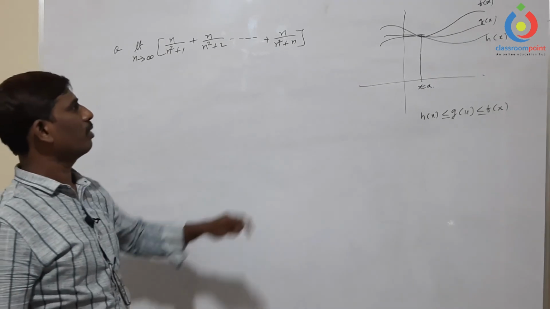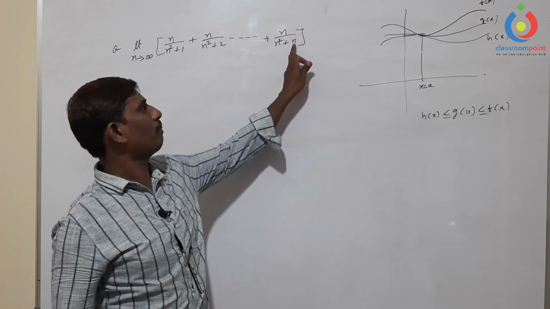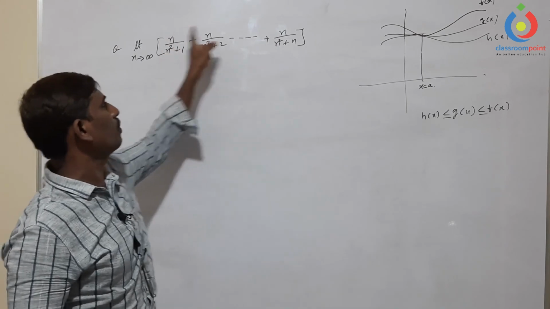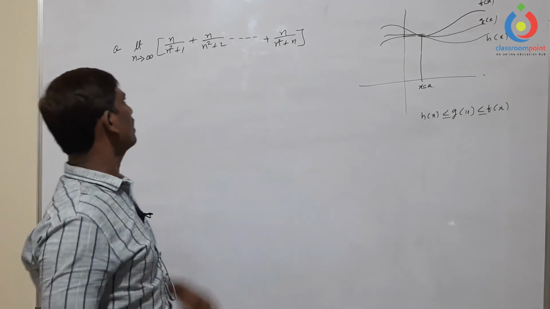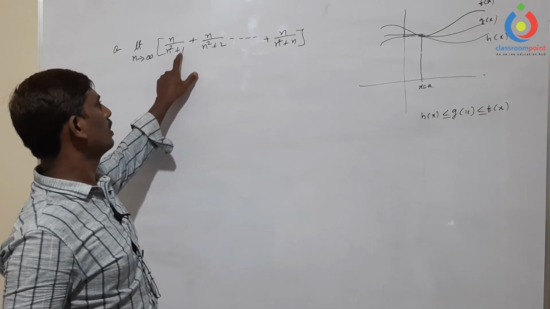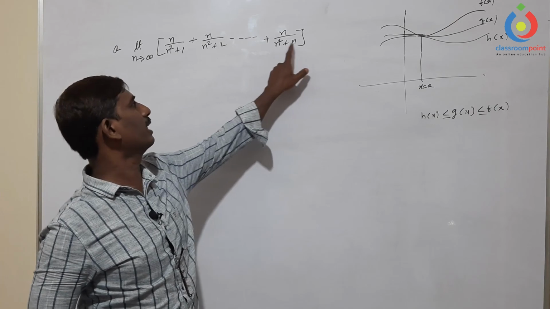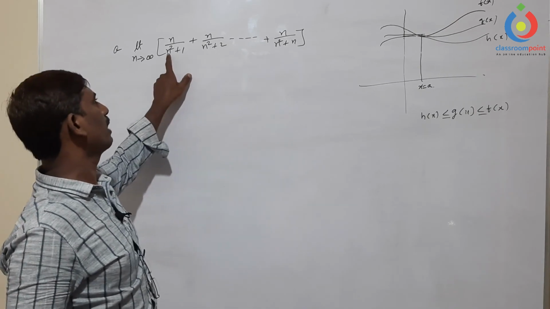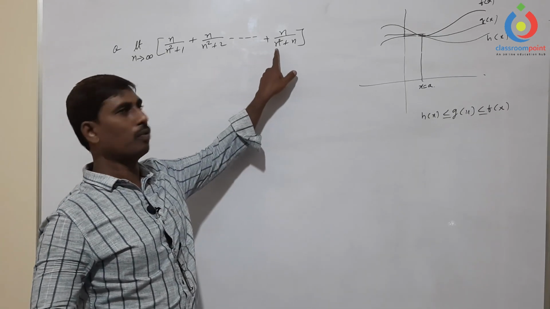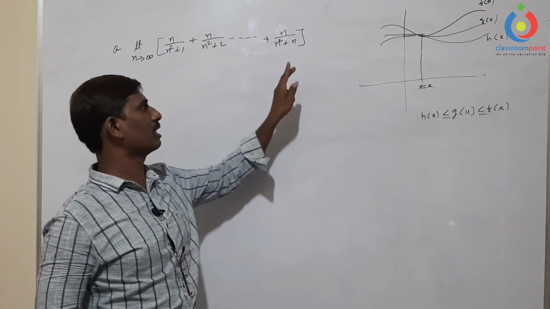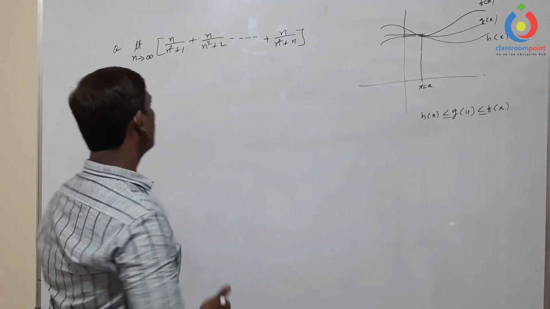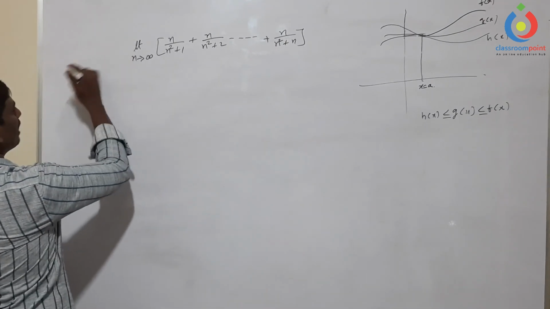The least value is n by n square plus n. Comparatively, this one is the highest value. Why? Because the numerator values are all the same, so the denominator decides. Just by verification, take 2 in the place of n. This is 2 square, 4 plus 1 is 5, 2 square, 4 plus 2 is 6. Automatically this is the least value, where the denominator is highest.